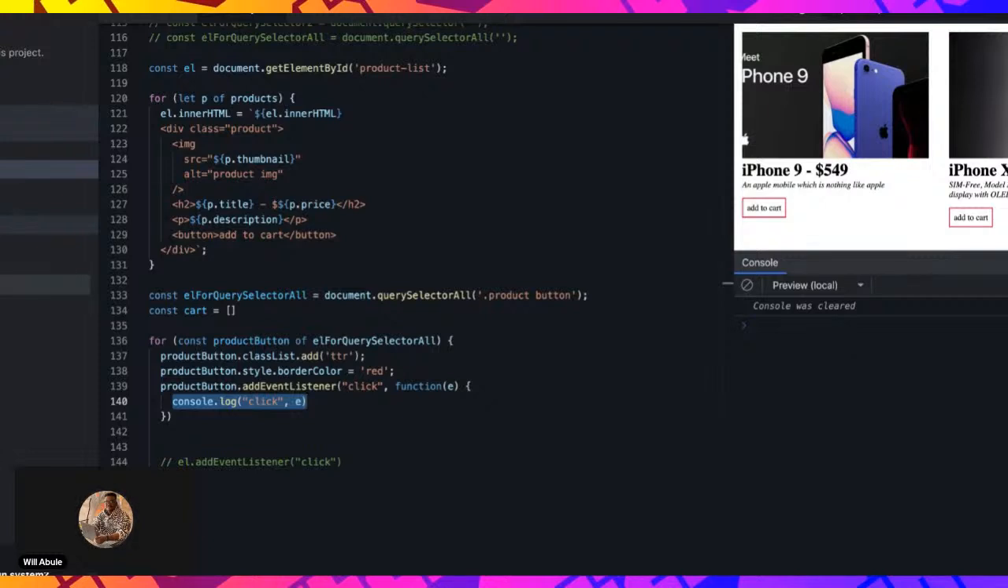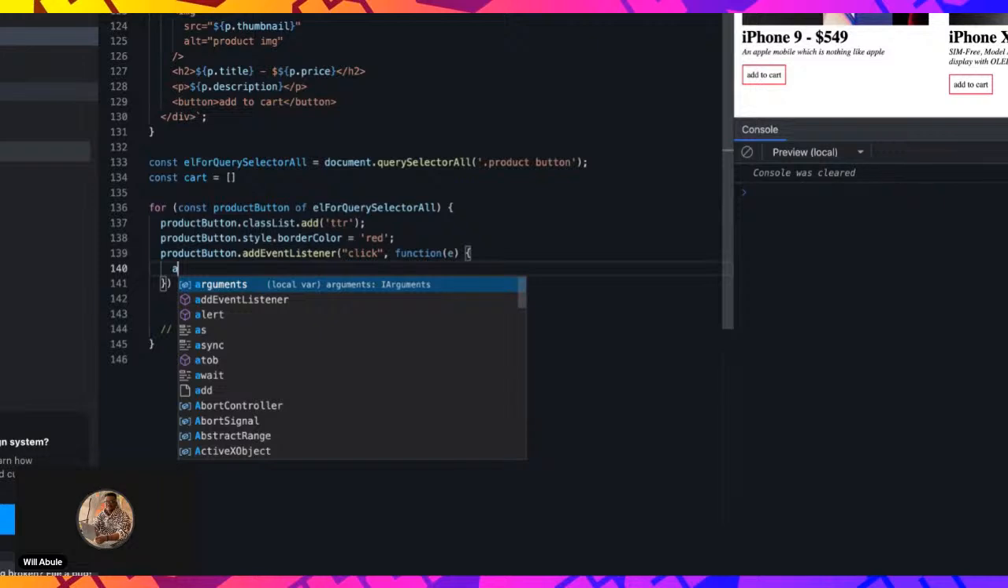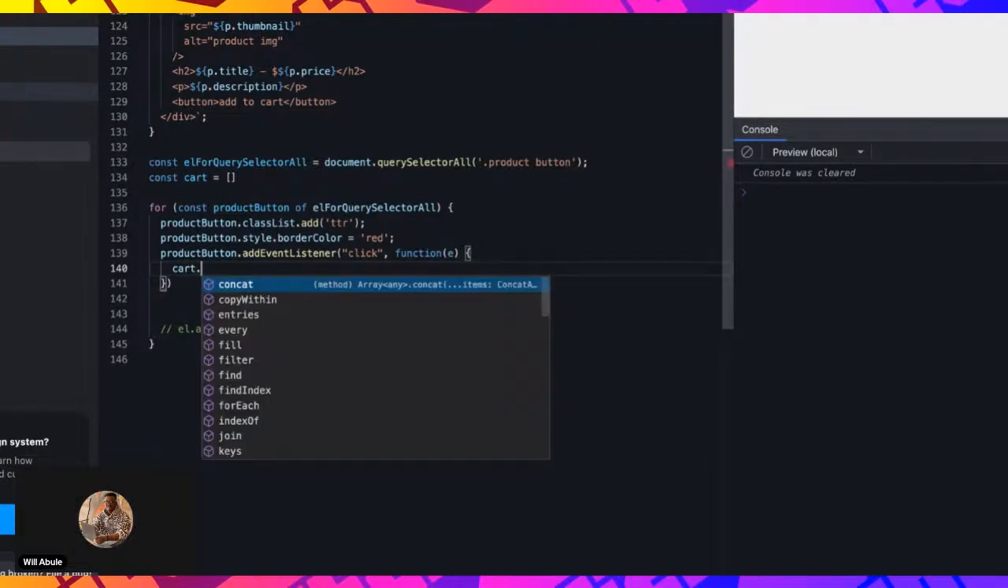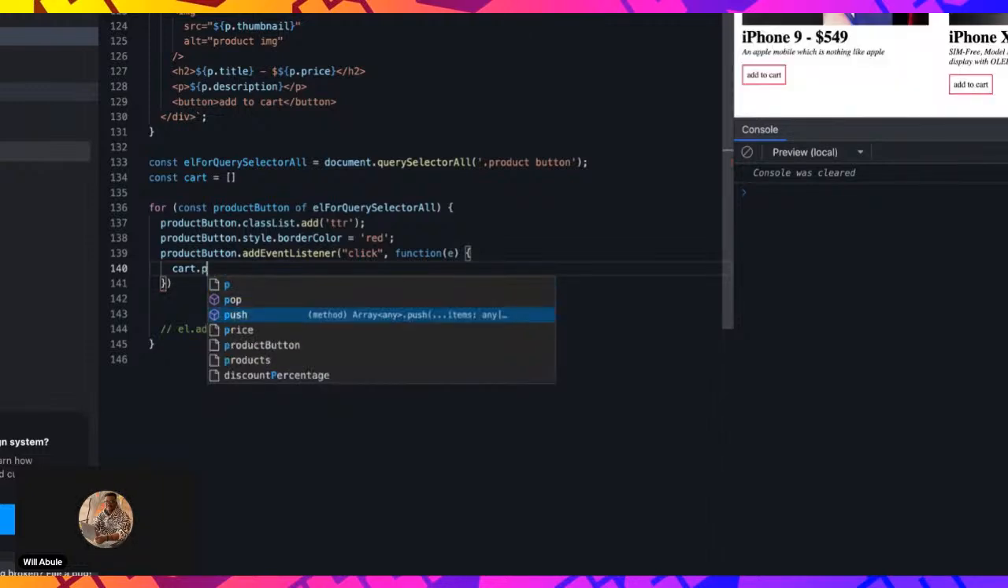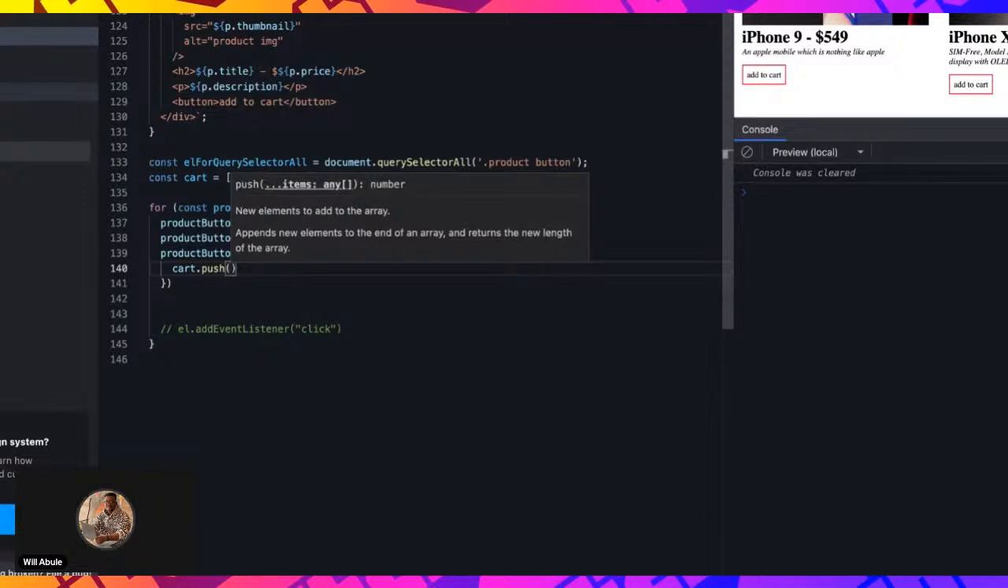So let's write the function. To add this item to the cart, there's a lot of logic that goes into it, but I'm going to use a very simple logic, which is just cart dot push. Sorry guys, I almost forgot how to add an item to an array just now,